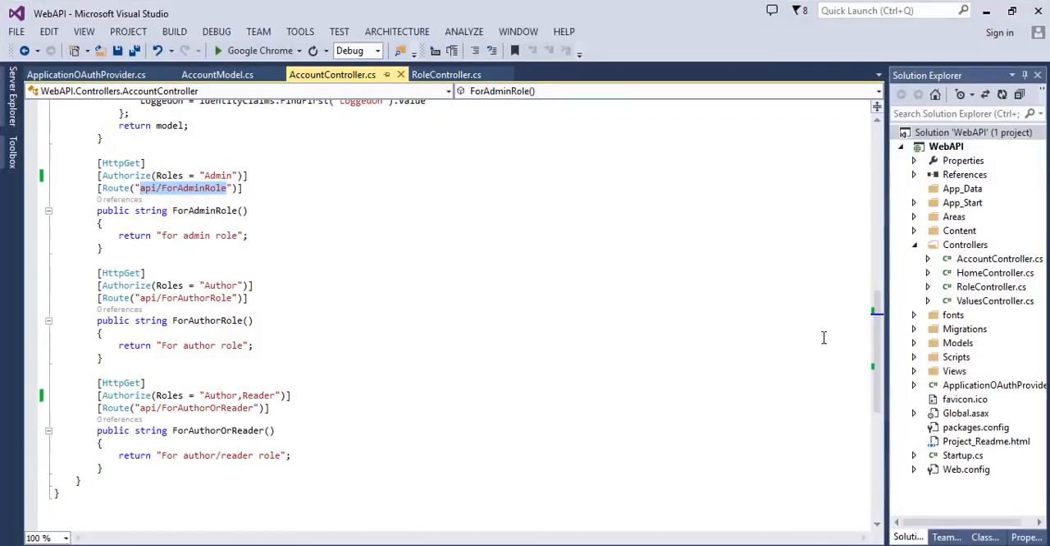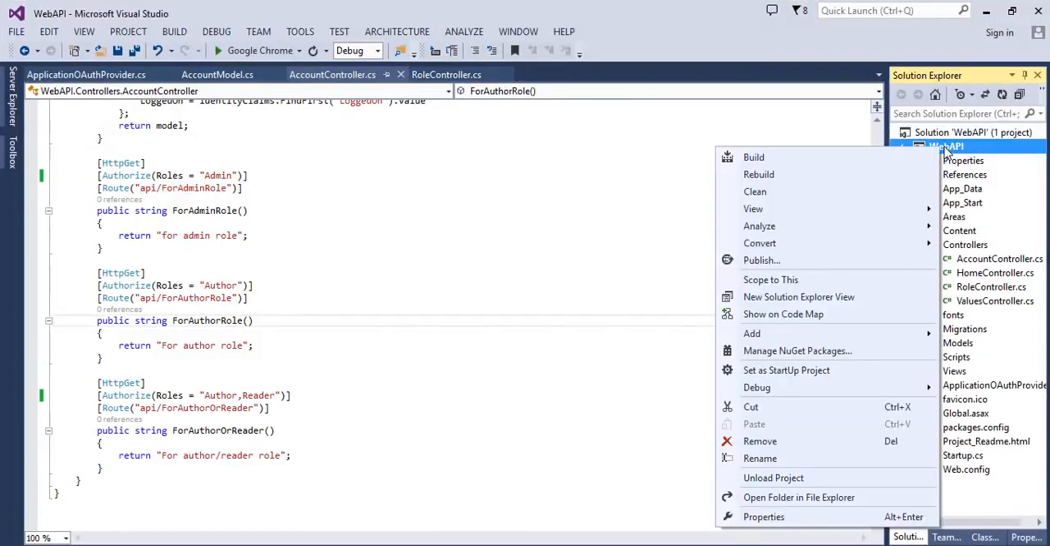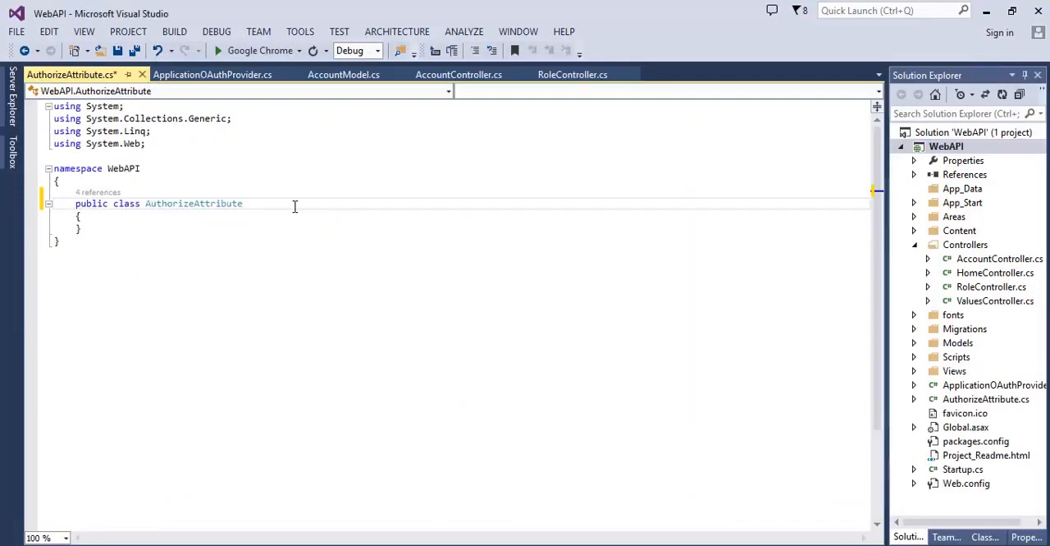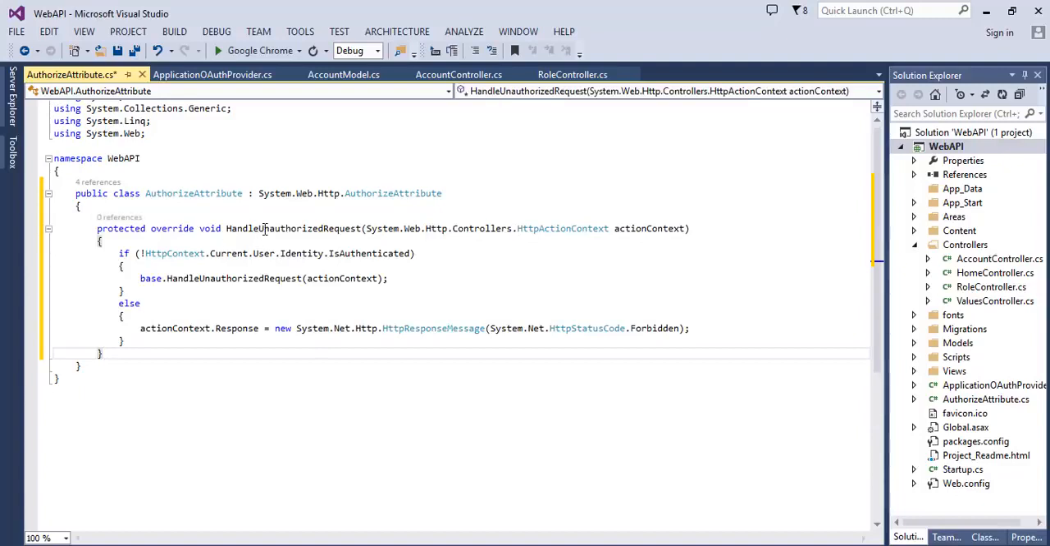So back to Visual Studio, I'm going to add one more class file here, add and class. I will name this file as authorize attribute. Click on add. Now we need to inherit this class from the authorize attribute class. Inside the class, we can override the function handle unauthorized request. So here it is. Here we have the override of handle unauthorized request, and first of all we will check whether we